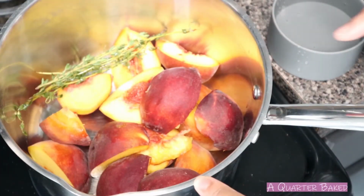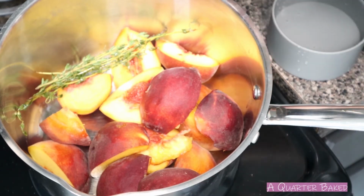Hey everyone, I'm Brittany and today I'm going to show you how to make a peach and thyme lemonade that's so smooth you'll just love it. So let's get started. I've already got 4 peaches cut up and quartered, and then I also have 6 stems